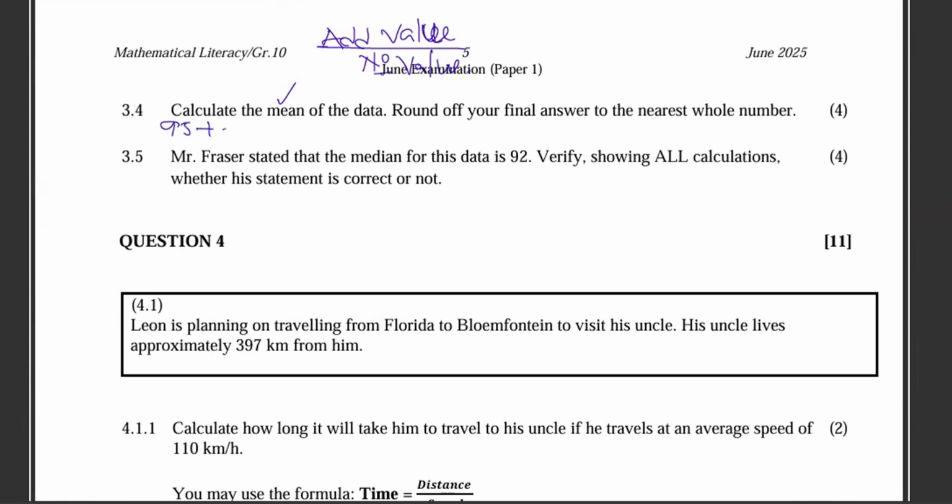95 plus 94 plus 77 plus 72 plus 92 plus 97 plus 73 plus